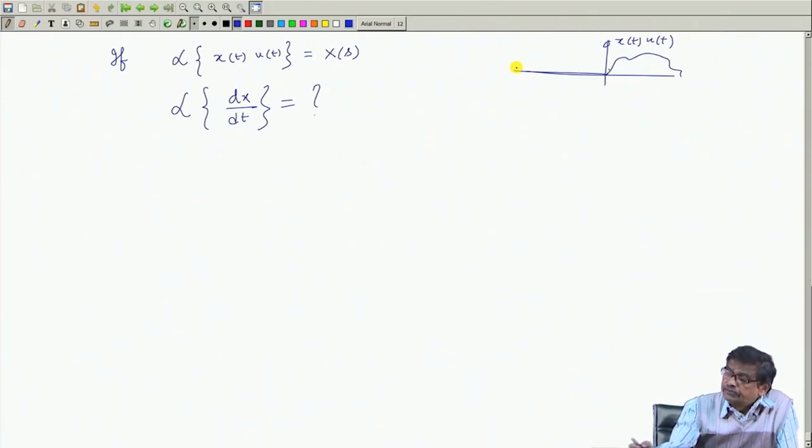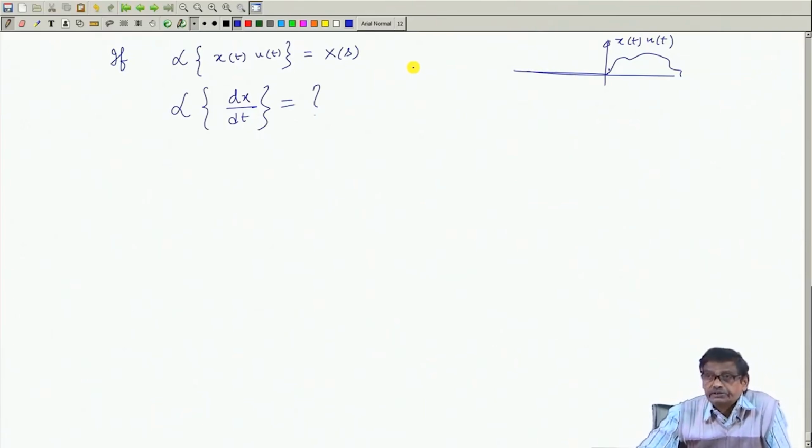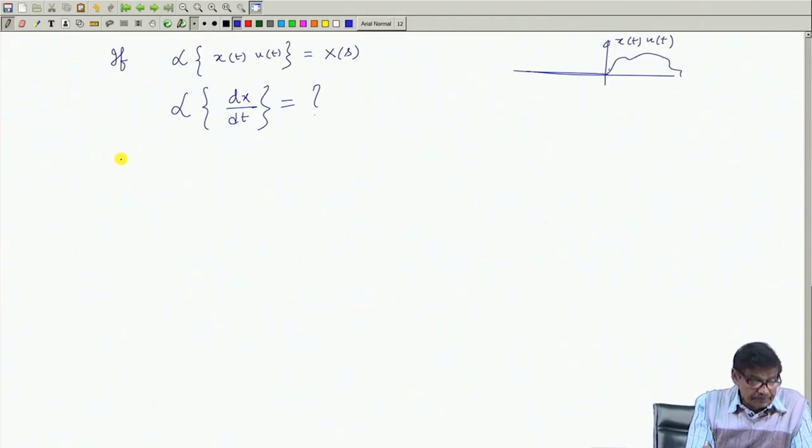Therefore, dx/dt for t less than 0 is 0, a constant 0 value, its differentiation is 0. So, the dx/dt also does not exist for t less than 0. Therefore, when you differentiate a function x(t)u(t), it also becomes a causal signal like here. Therefore, I can start from this thing, that Laplace transform of say dx/dt